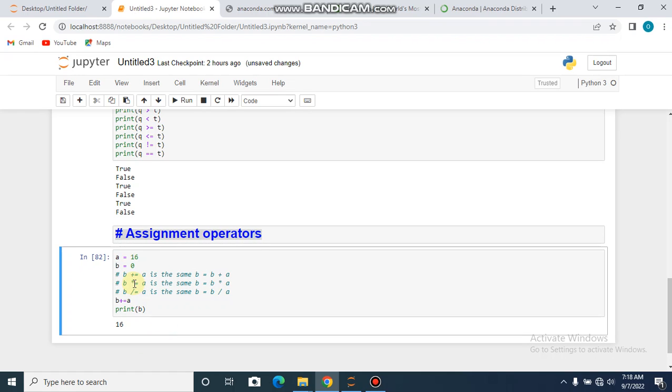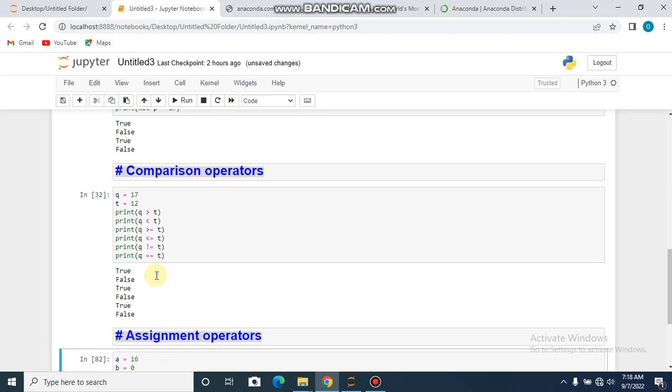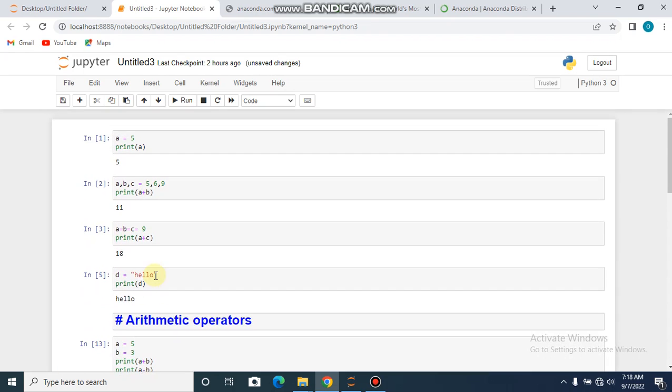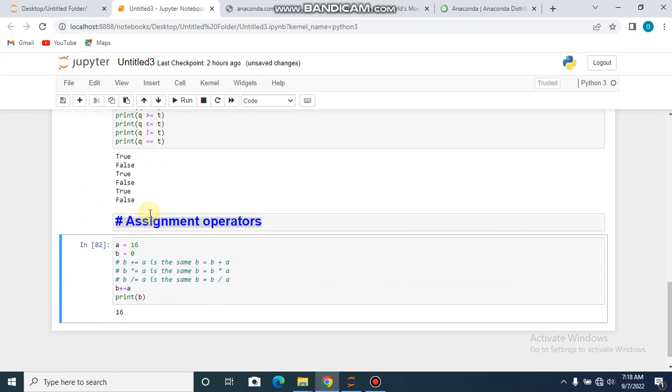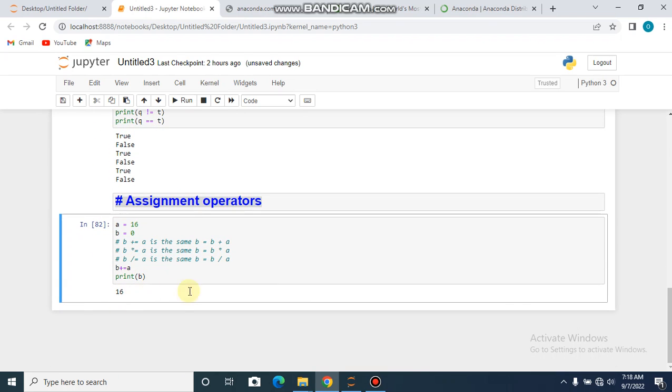Try multiplication, try division, try modulus, try everything I have taught you on the arithmetic operators here. Try them as assignment operators too. All right, let's move on to